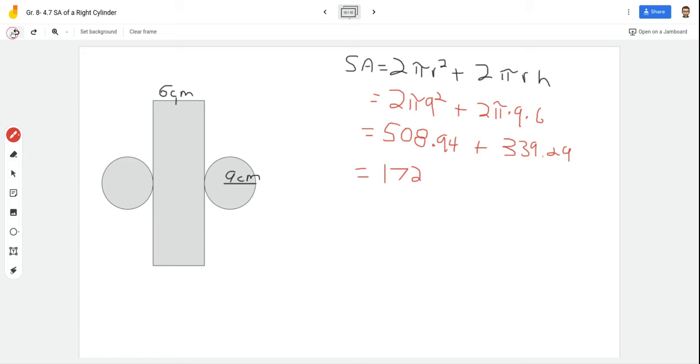I was multiplying that all together instead of adding the two together and struggling with the number of getting 172,000. My mistake, 508.94 plus 339.29. That's a little bit better number. That number comes out to be